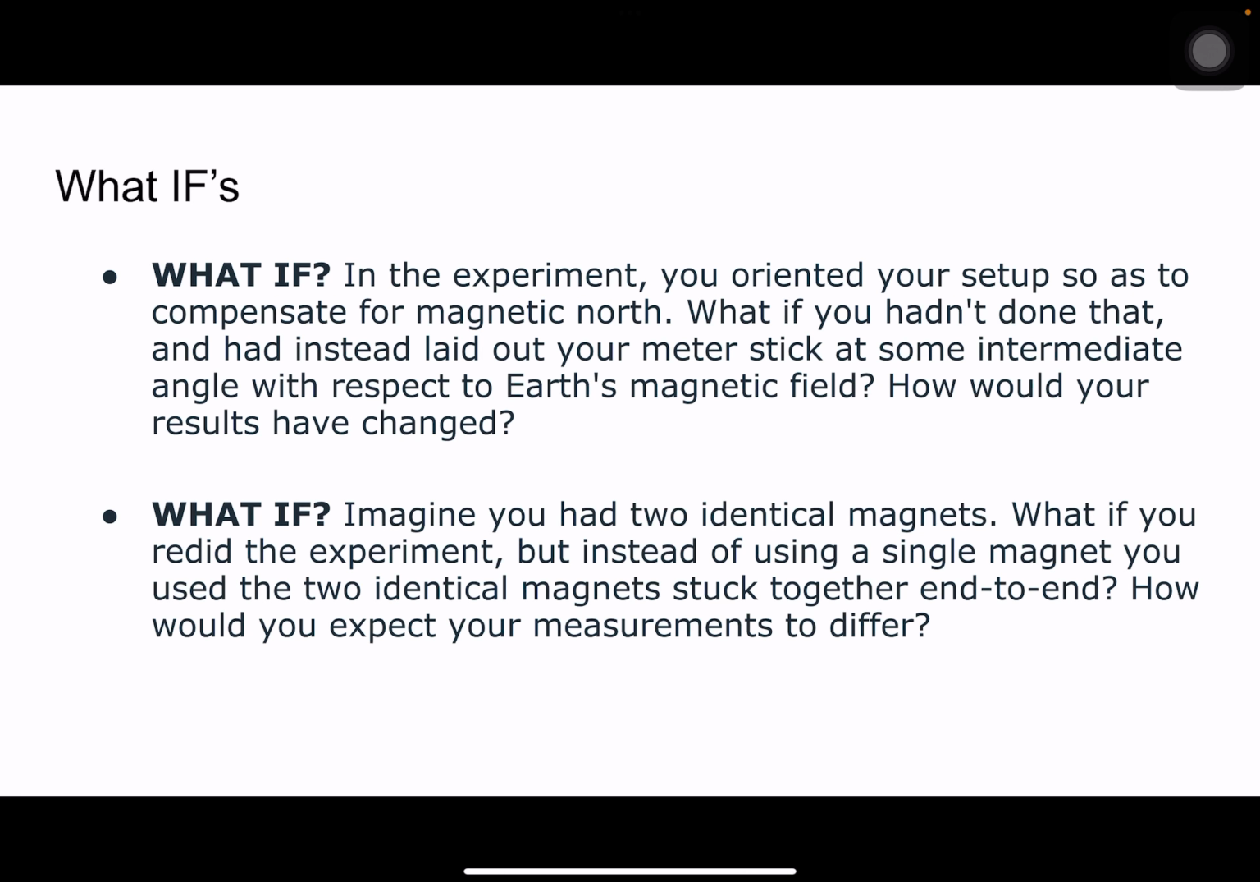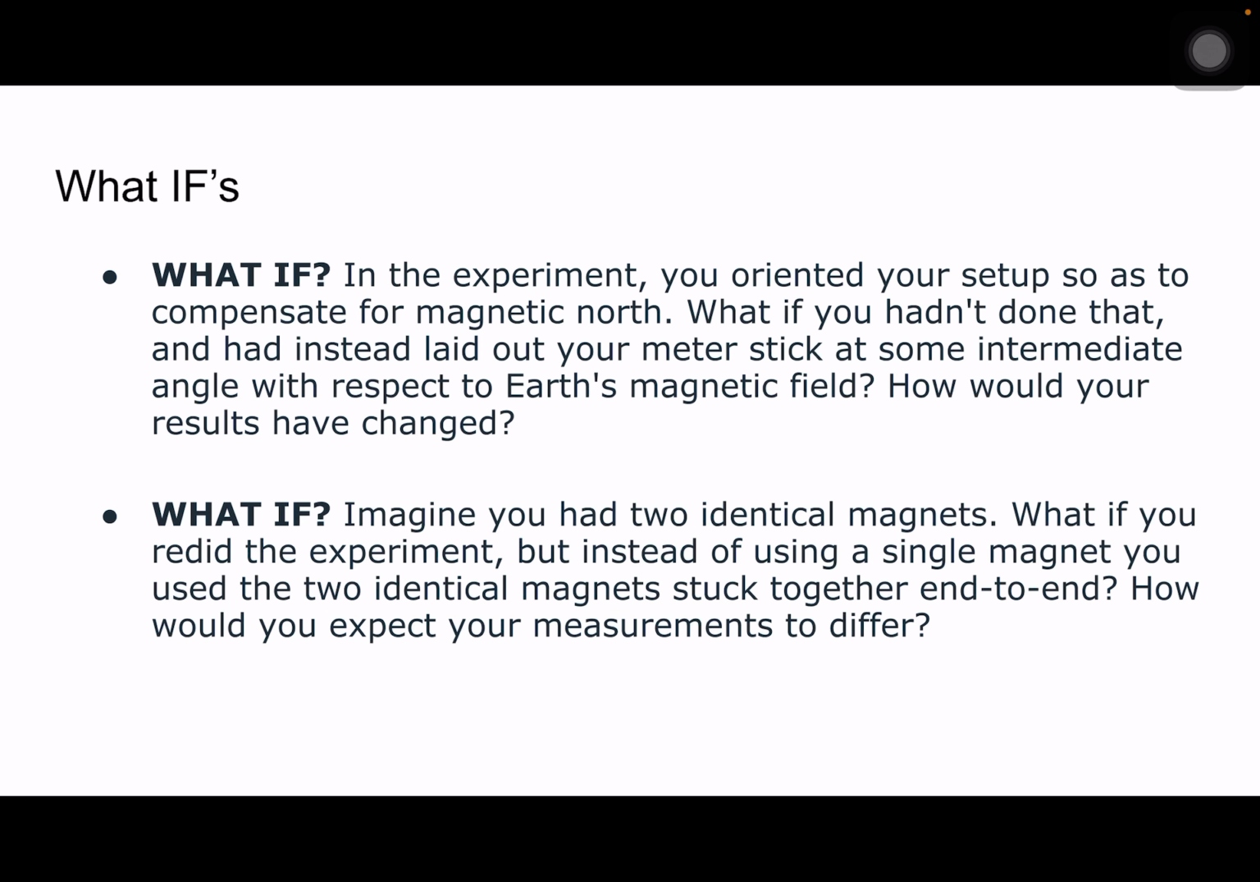So, some what-ifs. What if in the experiment we oriented our setup to compensate for magnetic north? What if we hadn't done that and instead just laid our meter sticks at some angle with respect to Earth's magnetic field? What would have changed is our outcome number. I don't think our actual magnetic field would change, but we would have to compensate for Earth's magnetic field at